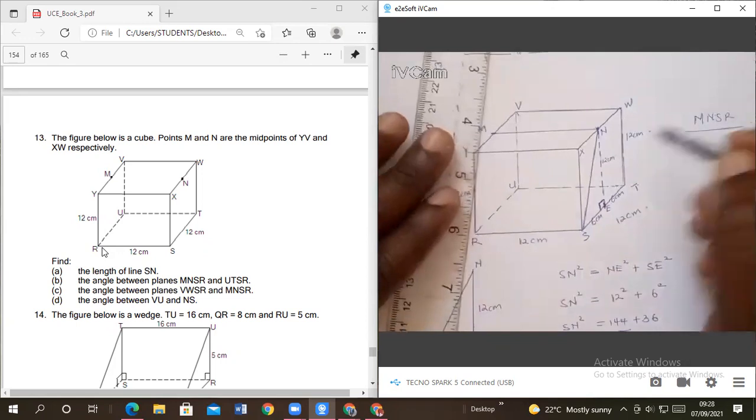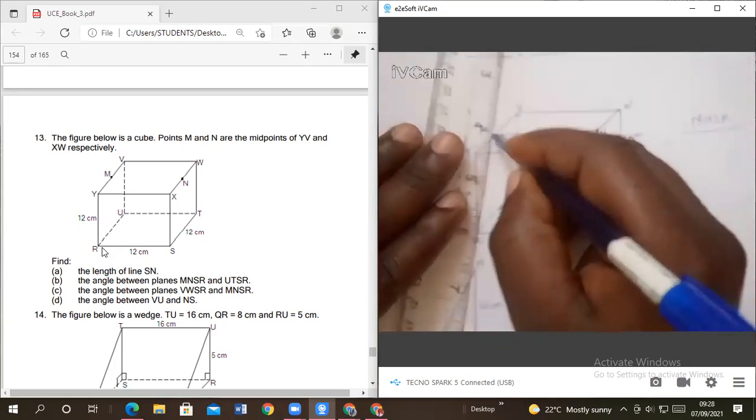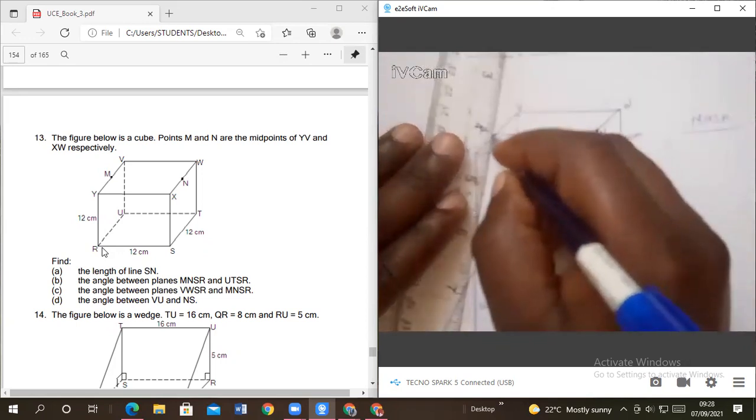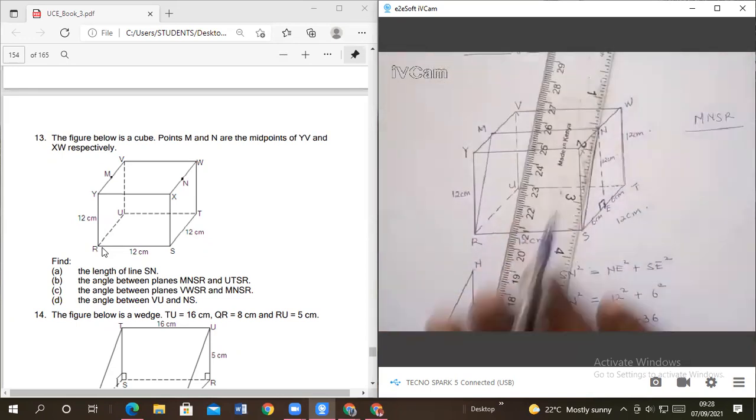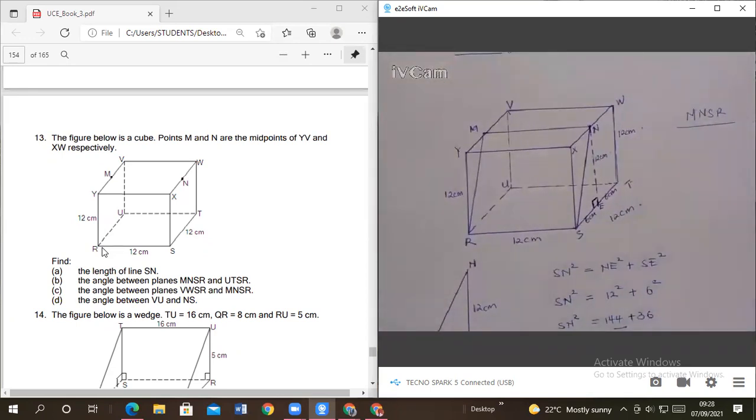Okay. And then SR. So I join M to R. Okay. So you can see that is the plane that they want. They are talking about MNSR, that slanting plane inside. And then the other plane they are talking about is this plane,